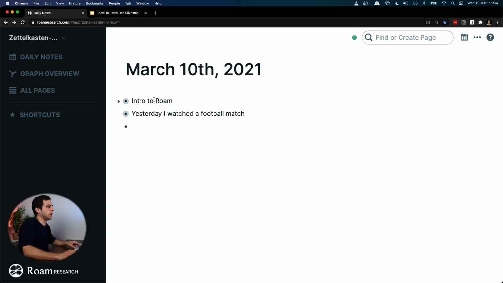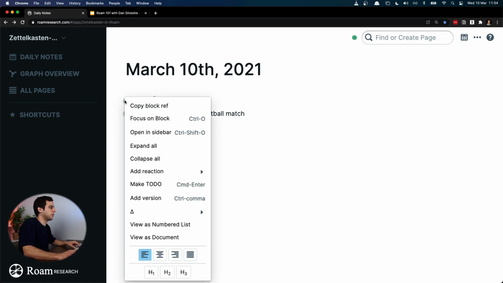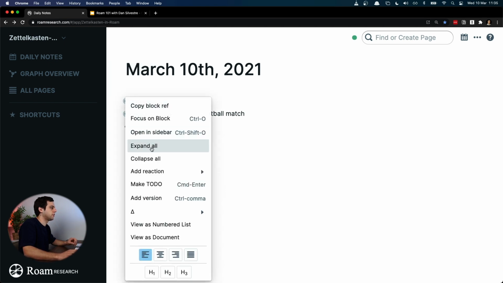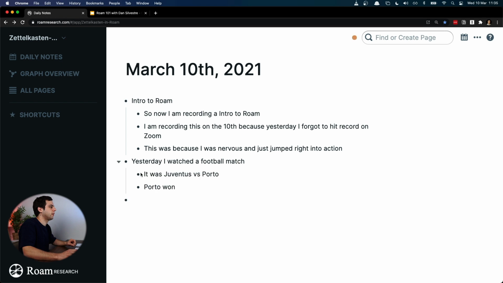Why would you ever want to collapse and uncollapse stuff? So just click on the top of the block with your left on the mouse, and then expand all. Right. So these are the first things that I input in Rome. By itself, it's not very valuable because now I'm just journaling or doing a little bit of a brain dump. I'm not doing anything actively with this note. This note is not connecting to anything. And so the next time we come back to this main editor, we're going to start connecting things,